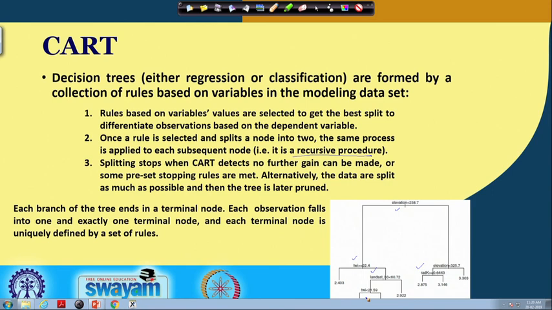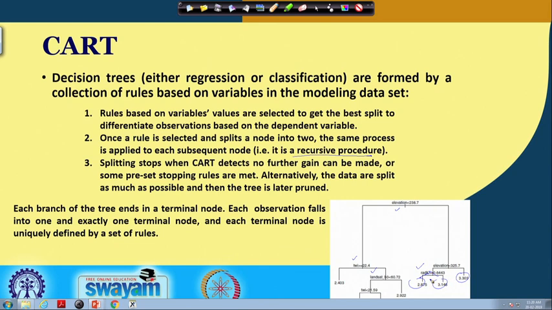In the other way, we allow the tree to grow continuously, and once the tree is grown, it has individual leaves and terminal nodes. These terminal nodes will go for pruning. The cutting of branches is called pruning. Similarly here, if we cut these individual branches, they will be clubbed together. This is called pruning, and we will discuss it later on.